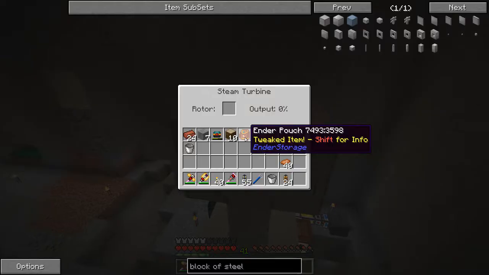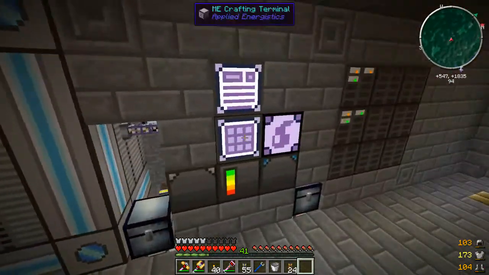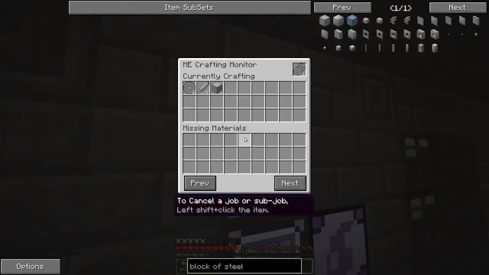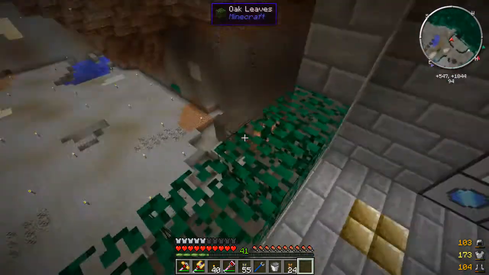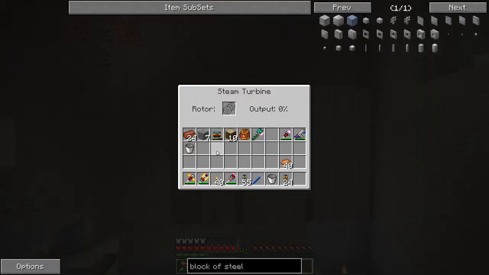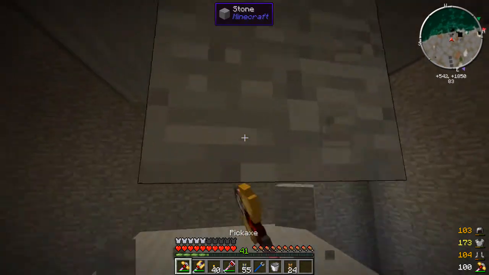There we go. Now I need a rotor. And I've already put the recipes for the rotor in here. So if we ask it to craft one, it should just start doing it. Hopefully, oh, didn't run out of steel. Good. How much steel do we have left? A fair bit. I think we could make 2 or 3 more rotors out of that. So if we put that in there, output's currently 0, but once we start piping the steam in,